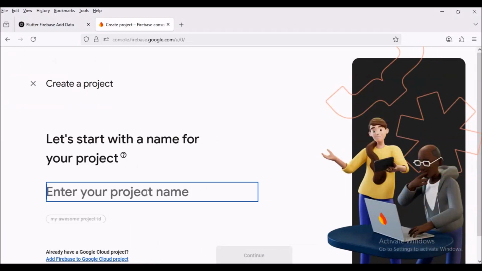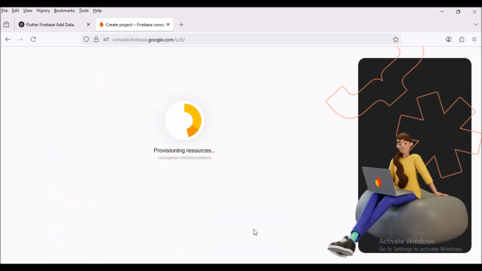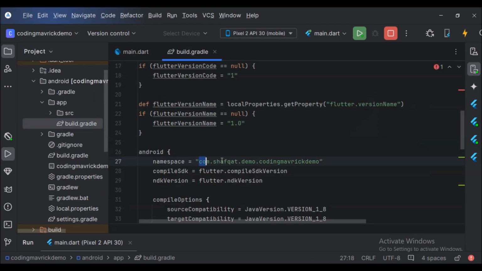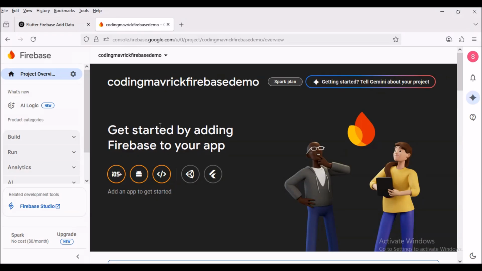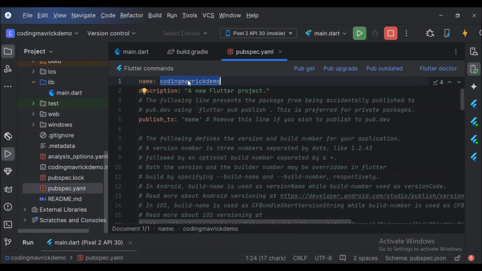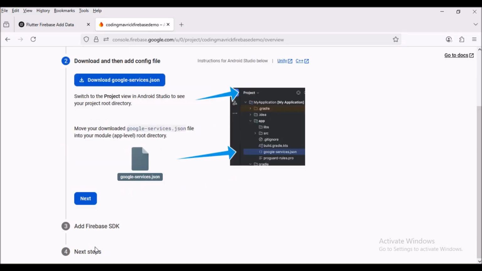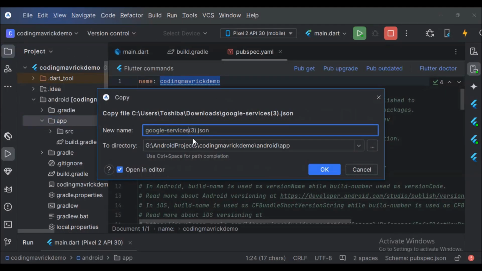Now we will register the Flutter app with the Firebase console. In this console, we will also create the Firebase project. The names of both projects may be the same or different. We will select the type of the app. In our case, it's an Android app. We will give it the package name. The package name is the same as mentioned in our Android app build.gradle file. The app name may be copied from the pubspec.yaml file. Then we will download the google-services.json file and paste it in the Android app folder.